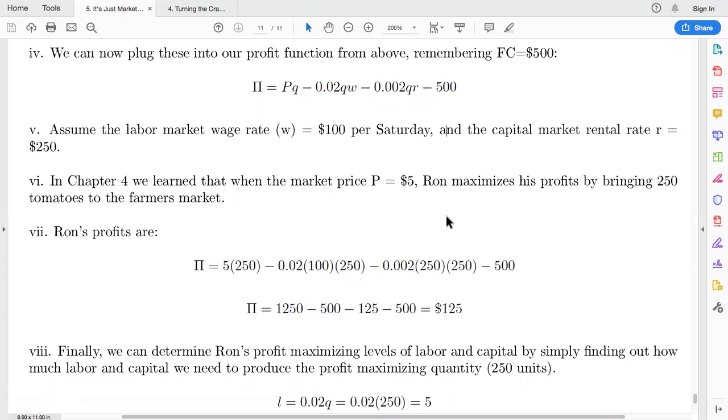So now the question is, how much labor and how much capital does Ron need to have 250 tomatoes brought to the market? So remembering that the profit maximizing decision of how much to produce, which we already determined was 250, also elicits a capital and labor decision. So what are the profit maximizing levels of capital and labor? Well,